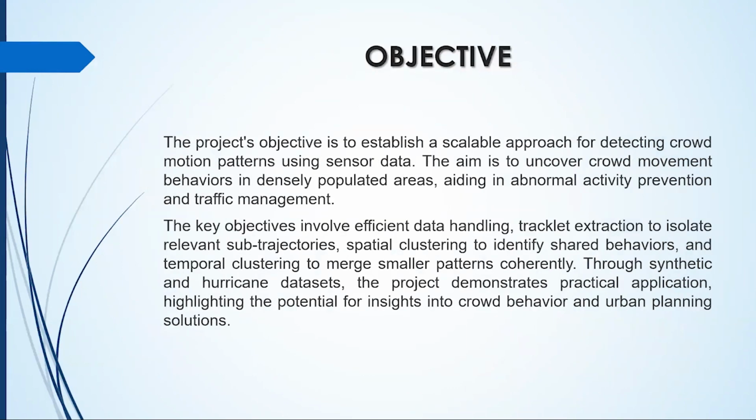Objective. The project's goal is to develop a scalable method for detecting crowd motion patterns using sensor data. The goal is to discover population movement tendencies in densely populated locations, which will aid the avoidance of anomalous activity and traffic management. Main goals are to handle data efficiently and separate relevant sub-trajectories using tracklets, discover shared behaviors using spatial clustering, and integrate smaller patterns coherently using temporal clustering. The project illustrates practical application using simulated and storm information, emphasizing the potential for insights into crowd behavior and urban